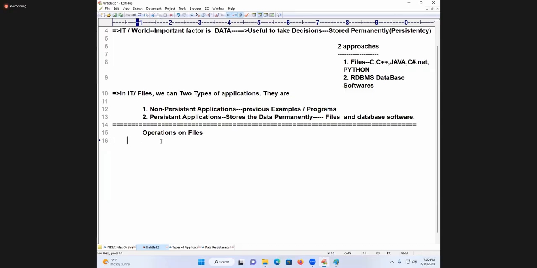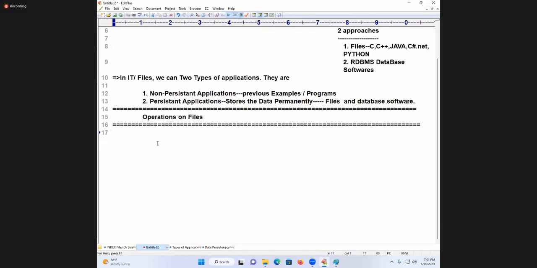Operations on files. Good. Take directly one example, students. Somebody asked me, a system test is coming in industry: write a Python program which will read student data and save it as a record in a file. What will you do immediately, which topic will you apply? Files concept. I will go straight forward. Student number, student name, marks, college name. How many details? 4 details. Where can I put 4 details? In a list. That list data is saved where? In a file. That is my coding.